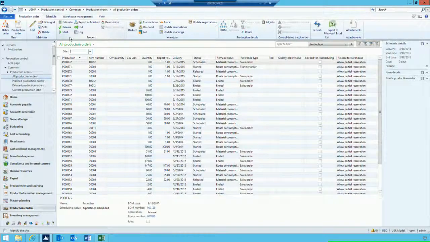We can also use lean functionality. We'll have a look in a sec. So whether that's make-to-order or make-to-stock, we can use that to implement a manufacturing strategy. So, of course, we're doing standard discrete functionality here. So if I have a look at the production order,